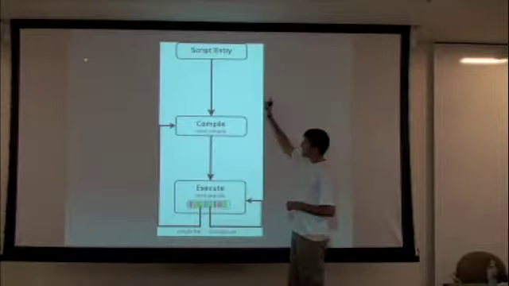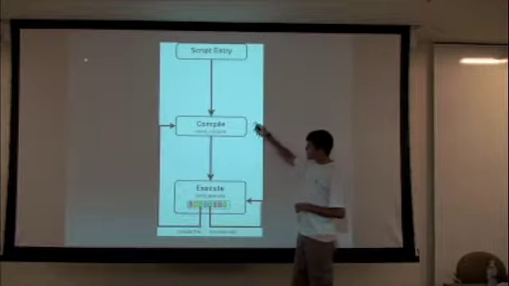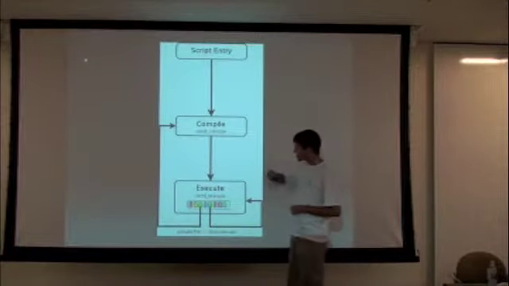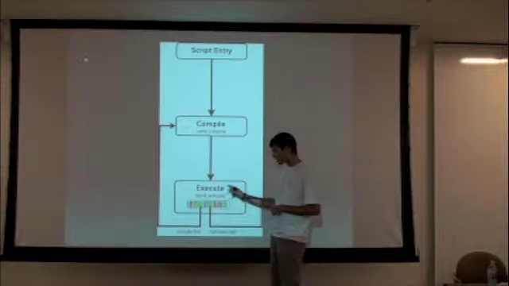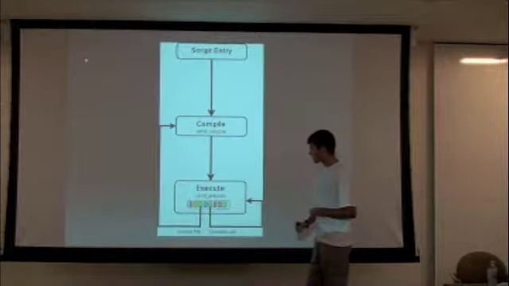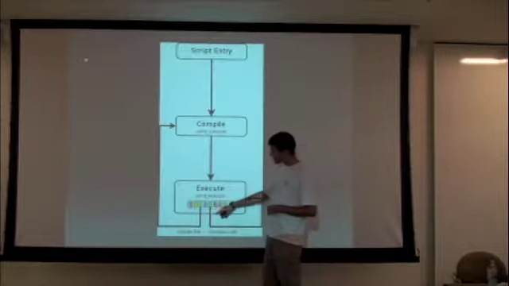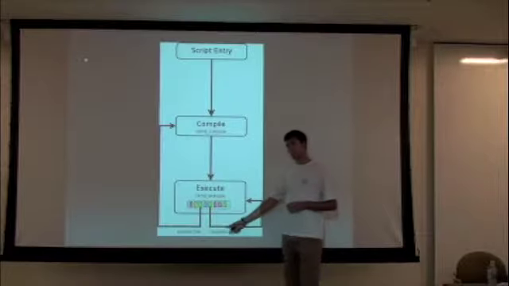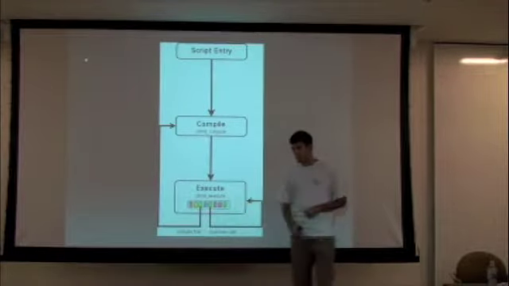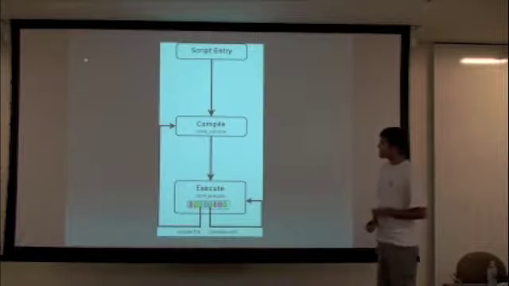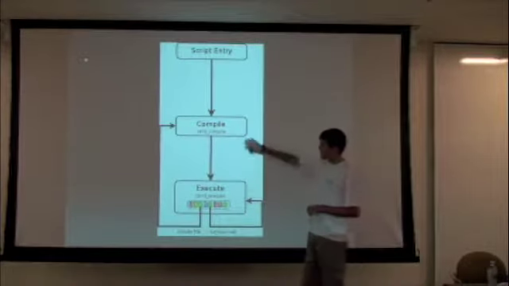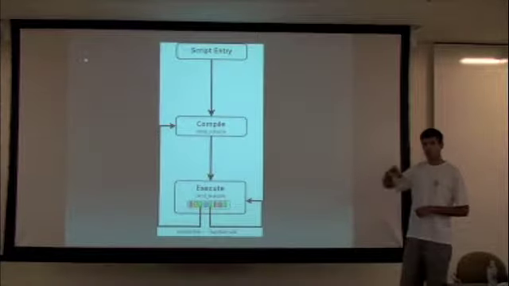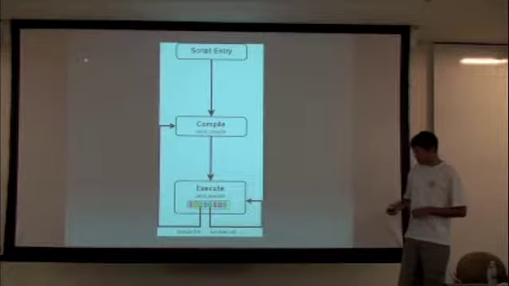Okay, so how does this work? We have the PHP script that gets compiled, then we have some bytecode that is outputted, and then we have this execute function that just interprets the bytecode. If we include some file, then we compile it and then execute it, and if there is some function call, well, we call this recursively. The interesting thing is that these execute and compile functions are actually hooks. So you can replace them with your own functions, which is what